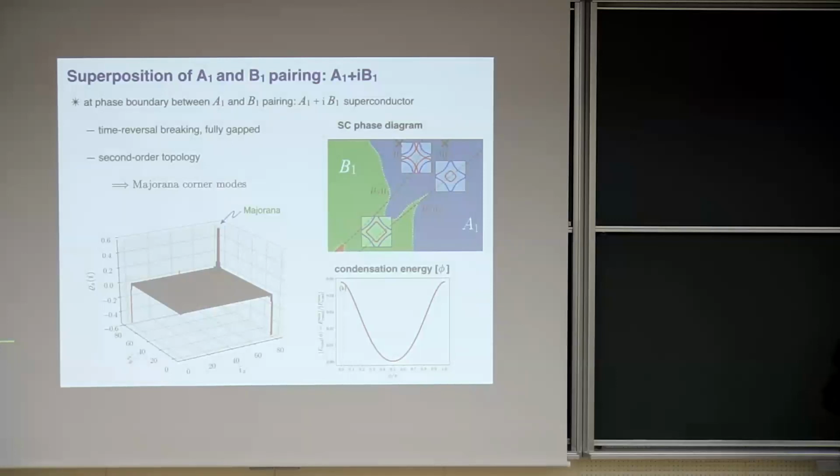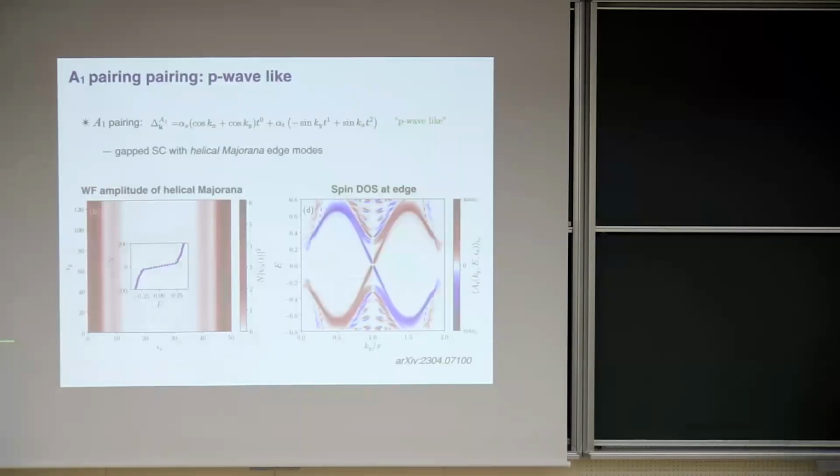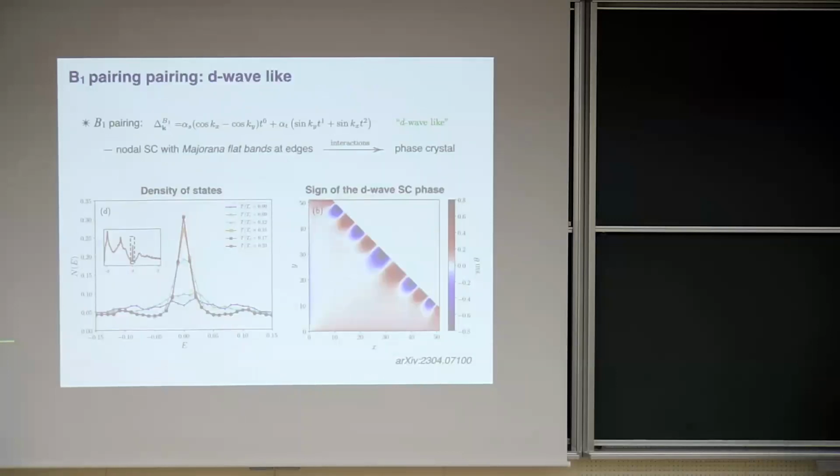I have a question about your phase crystal for the d-wave superconductor. That kind of phase crystal could appear even in the high TC cuprates. If your argument is correct, it should appear even in the high TC cuprates, but I don't know of that kind of experimental data.